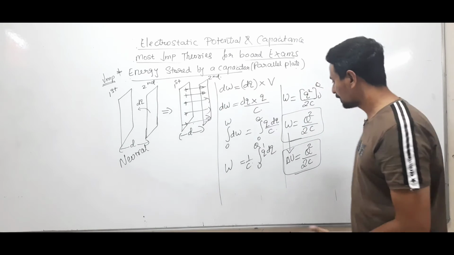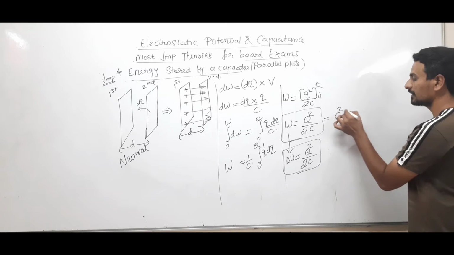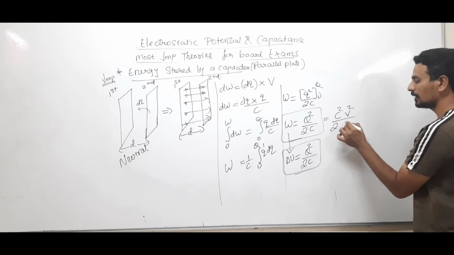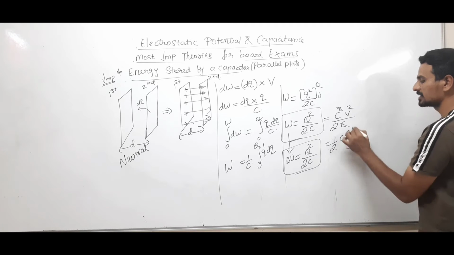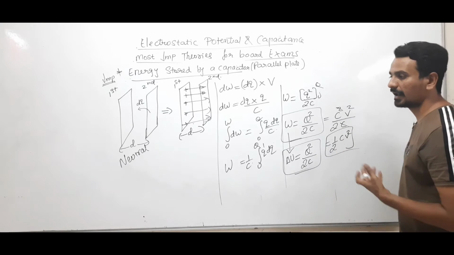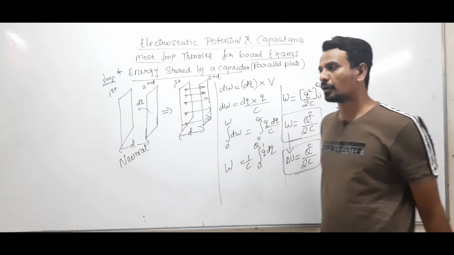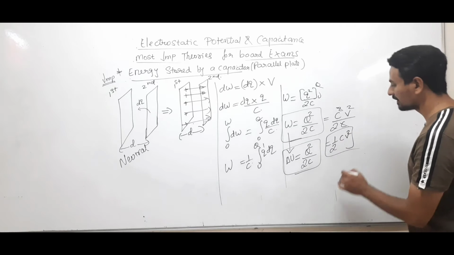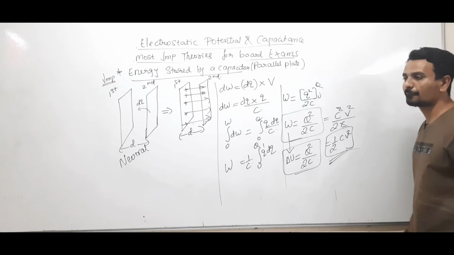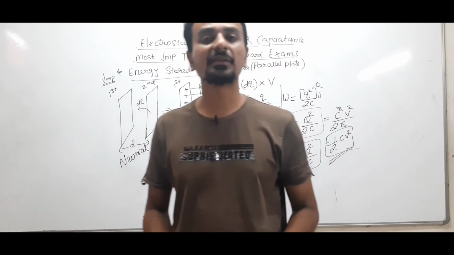Yes, one more thing. You can still rewrite this formula. What is Q? CV. So this can be written as C square V square by 2C, half CV square. Still I can continue with this theory, like half of the energy is stored, half the energy is lost, but that is not required in this question. You just have to derive this. So energy stored is half CV square. Clear? So now we'll discuss the potential energy of a dipole.